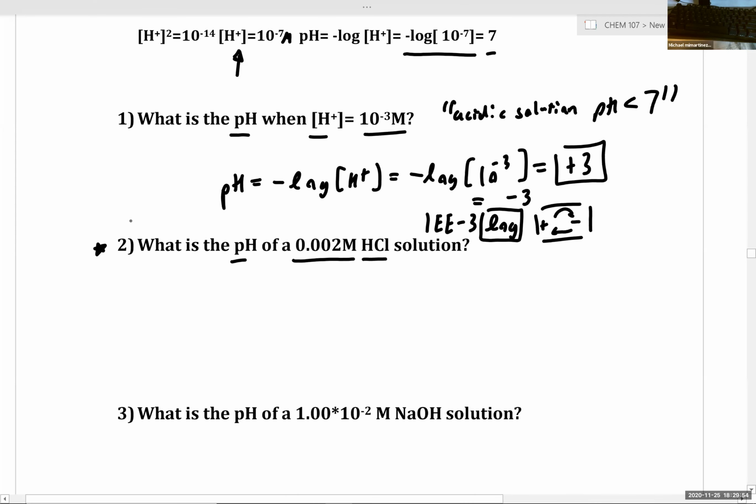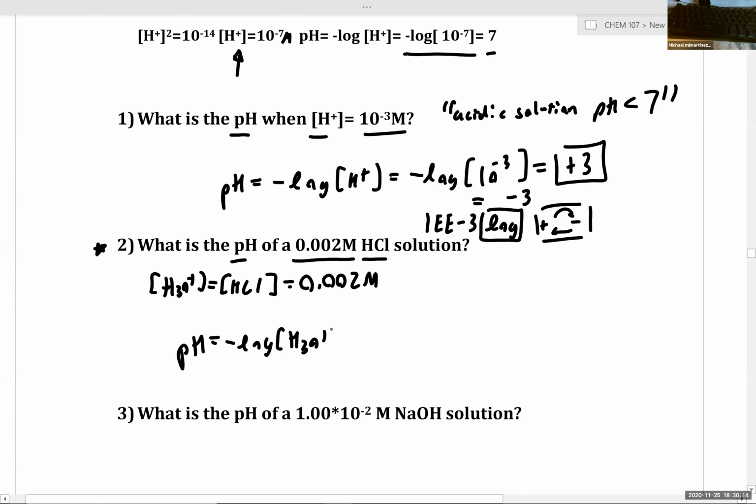Okay, so let's talk about this. We know that the concentration of H3O plus is going to match the concentration of hydrochloric acid, since hydrochloric acid is a strong acid. And that concentration is 0.002 molar. pH is equal to the negative log of the concentration of H3O plus. So we enter in negative log of